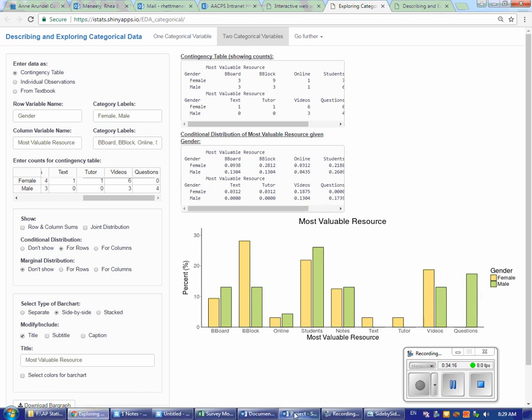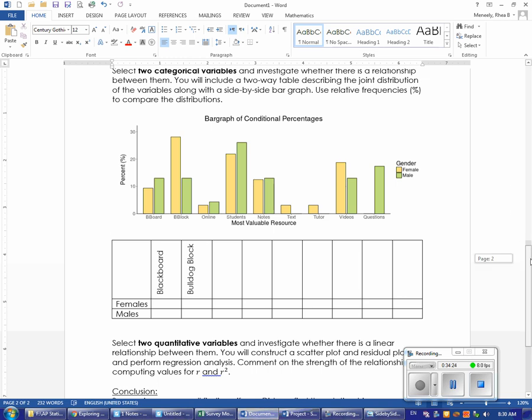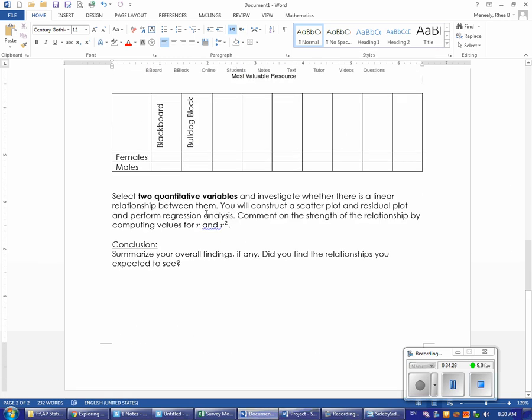Okay, the very last part that you need to explore would be the relationship between two quantitative variables. And so this would be when you're going to construct a scatter plot. So if I go to the last part, I'm going to choose two quantitative variables that I want to investigate to see if there's a linear relationship between them. You're going to construct a scatter plot, a residual plot, and you're also going to perform a regression analysis. You're going to comment on the strength of the relationship by computing values for your correlation coefficient and your coefficient